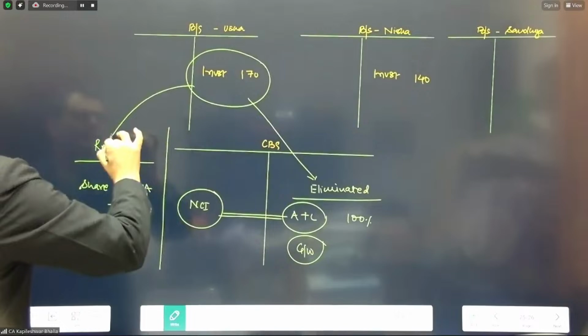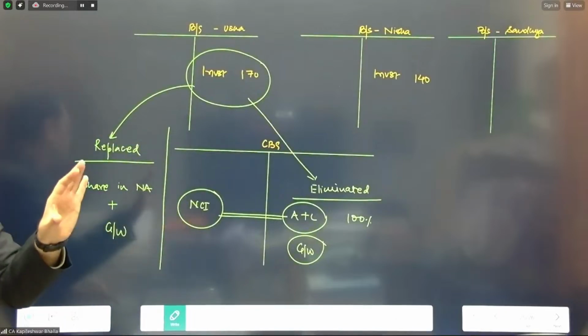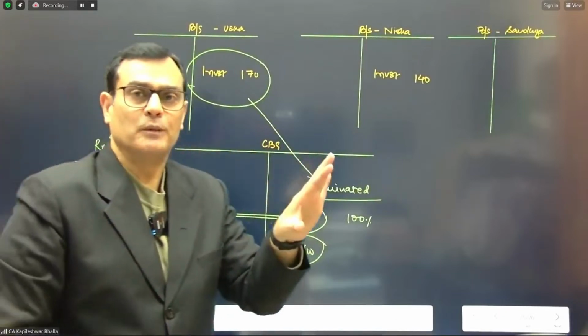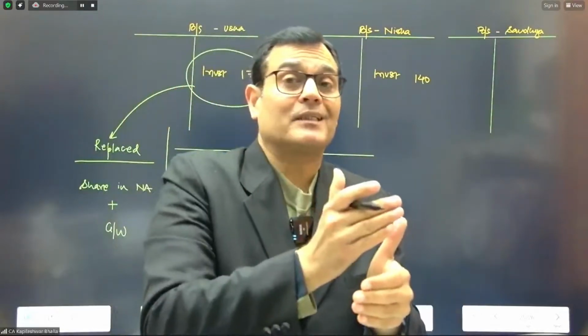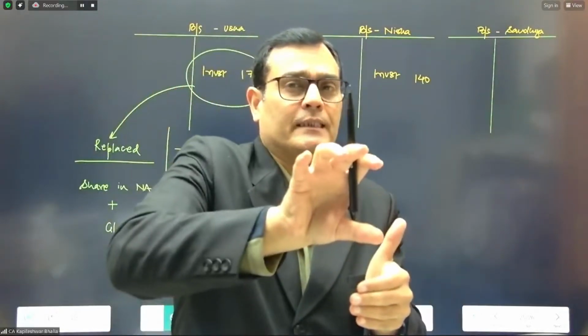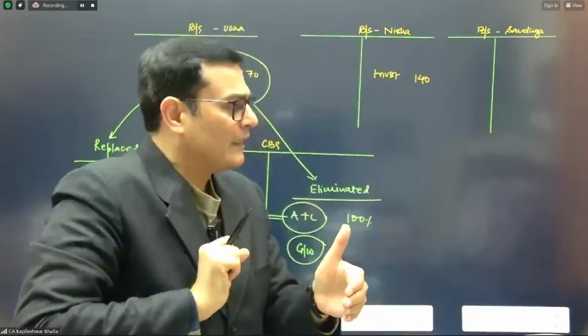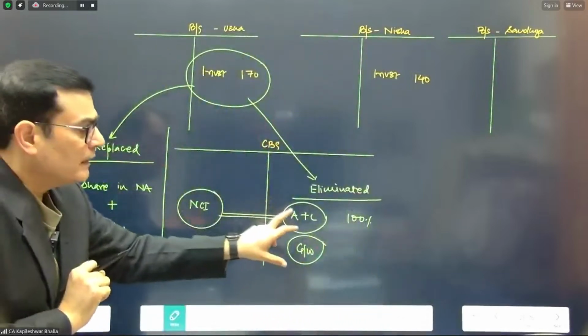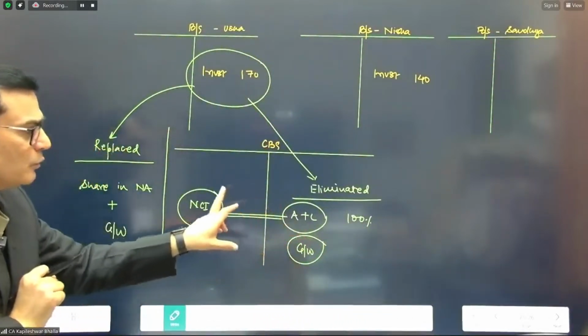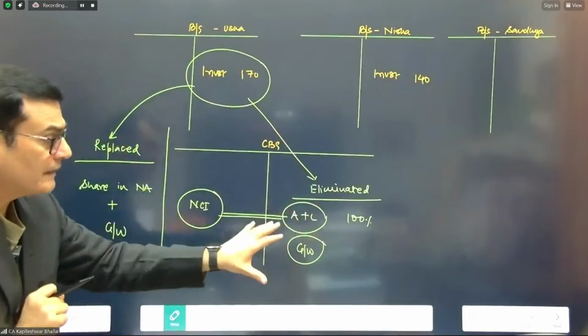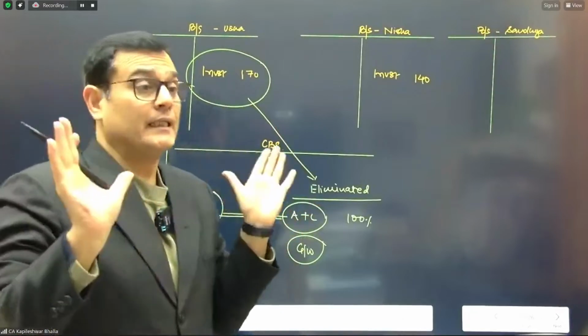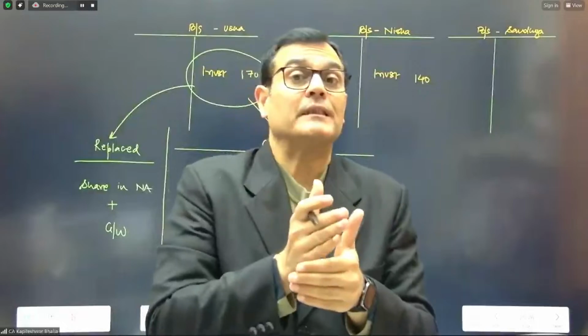So the investment gets replaced by the share in the net assets and the goodwill. That I've already given you mathematically as well: in a consolidation process, the investment is removed and what comes in its place is 100% assets and liabilities with an NCI. So effectively a share in the net assets and the goodwill, right? I guess you remember that. So that was the key issue.